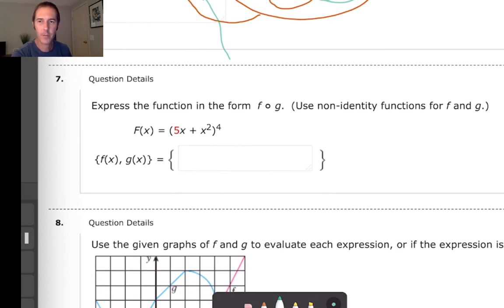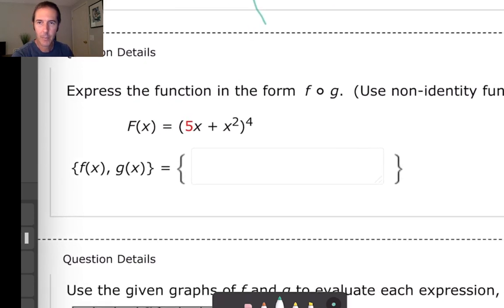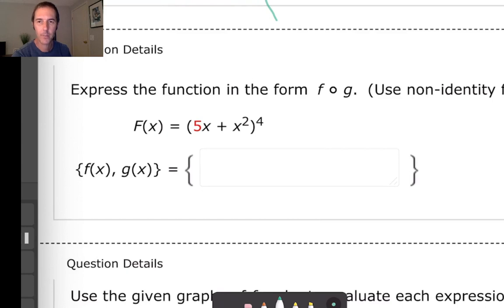So we're still doing function composition, but we're sort of doing function decomposition now. Does this capital F function look like two functions where one has been put into the other? In questions like this, I always look for parentheses to guide me. Are there parentheses that are sort of bundling part of this statement together? There are. These parentheses right here are sort of grouping the 5x plus x squared together. And then on the outside, is there another action that's being taken? Yes, there is. It's the